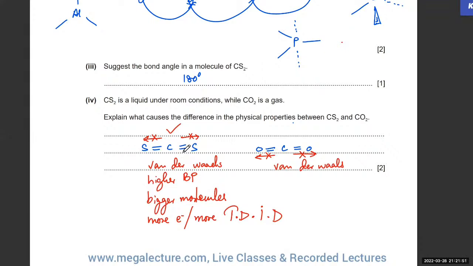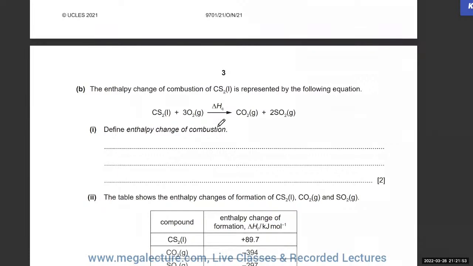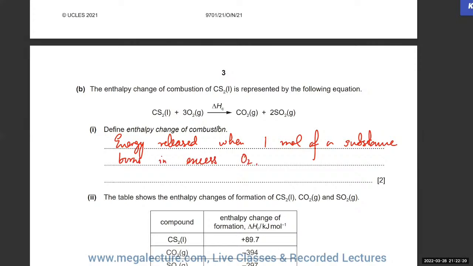Next is define the term enthalpy of combustion. It's the energy that is released when 1 mole of a substance burns in excess oxygen, measured under standard. Now, since they hadn't used the word standard, I'm not going to talk about standard